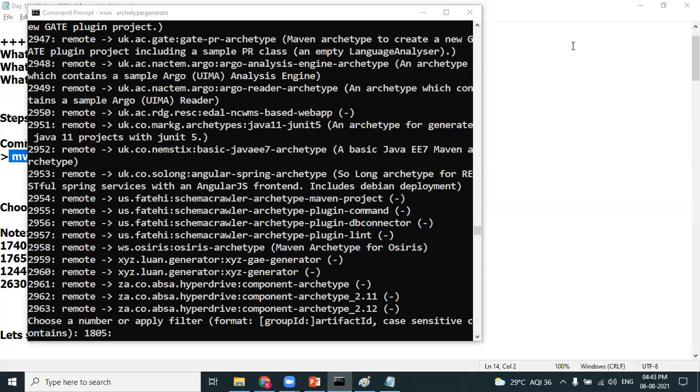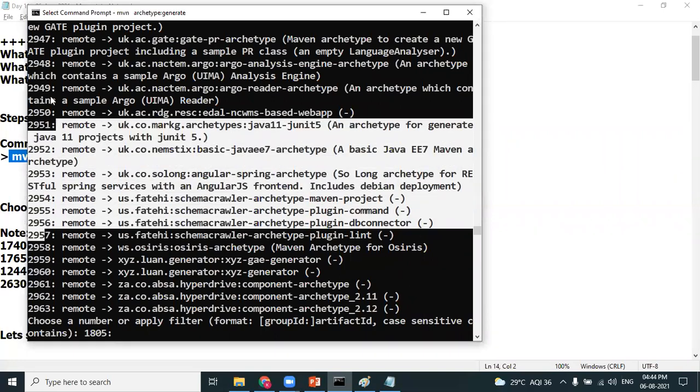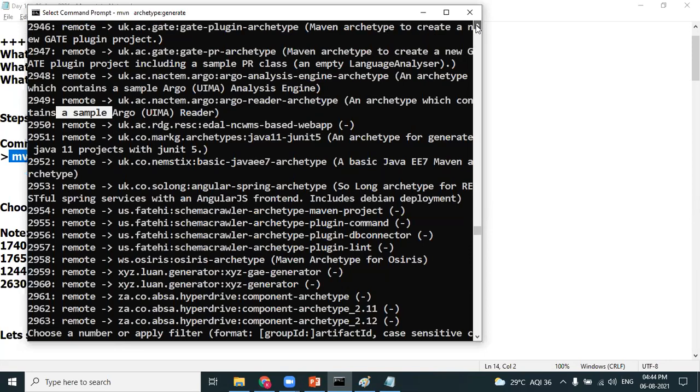Maven is giving us a series of numbers: 2963, 2962, 2961, 2960. There are a lot of numbers available.